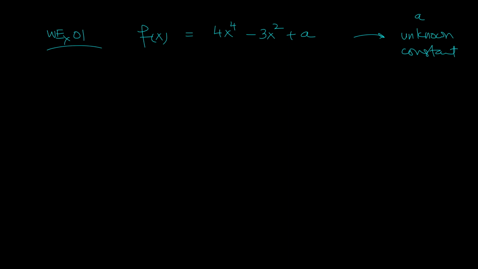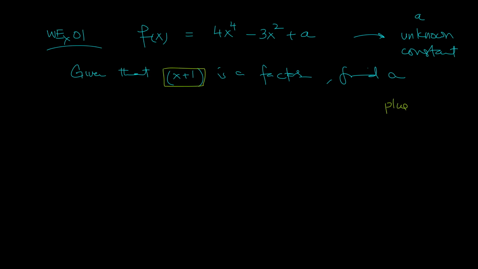What other piece of info is given? It's given that x plus 1 is a factor. Find a. So since x plus 1 is a factor, what is the plug-in value? The plug-in value is x plus 1 equals 0. Therefore, x is negative 1. If I plug in negative 1 in f(x), since it's a factor, f(-1) should equal